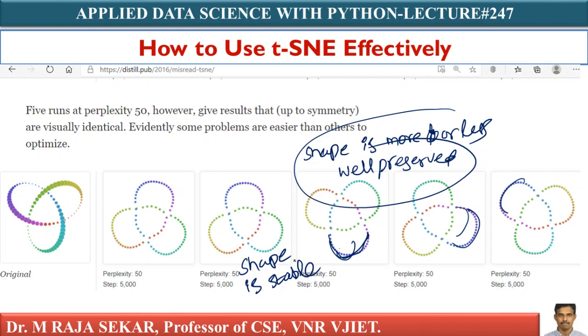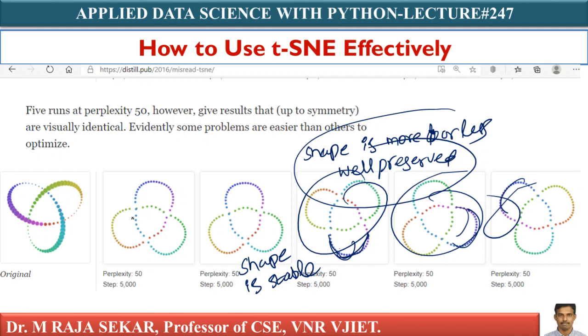The shape is stable. The shape could rotate. So this probably rotated like this. No issue. If it is rotated, no issue. But overall shape is preserved, isn't it? Shapes can rotate. No issue. This is perfectly okay. By running my t-SNE algorithm multiple times, if my shape is roughly the same, then I